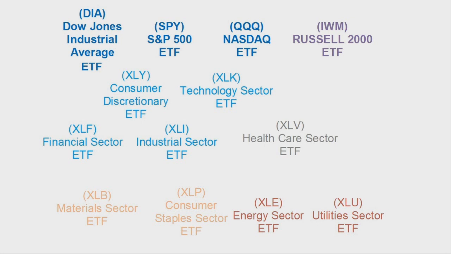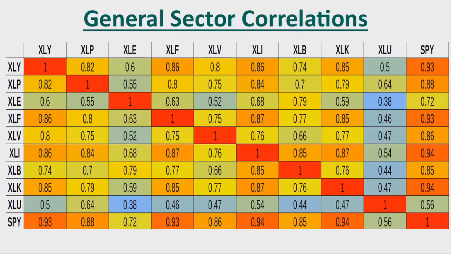Then there is XLV, which is by itself, because in general, if we go back to the correlation table, go to the bottom row with SPY, then line it up with the XLV healthcare sector ETF column, there is a correlation of 0.86. It is quite strong, but slightly weaker than the previous 4 ETFs, meaning that overall the healthcare sector will closely approximate the broader stock market and those 4 previous ETFs, however, to a slightly lower degree.